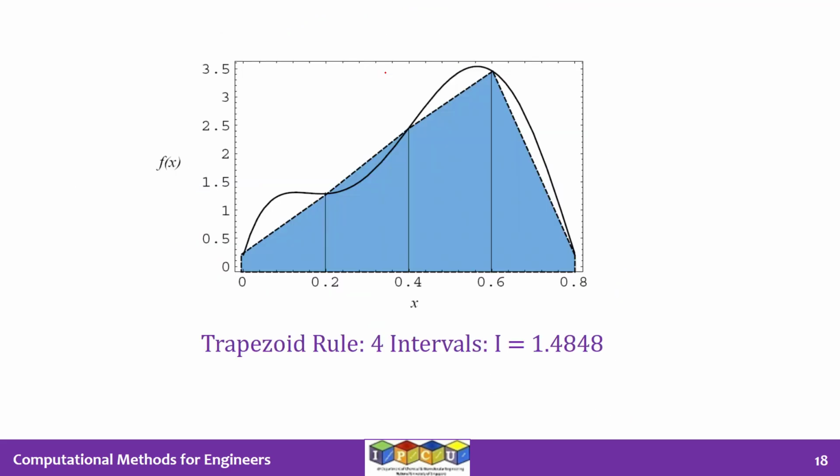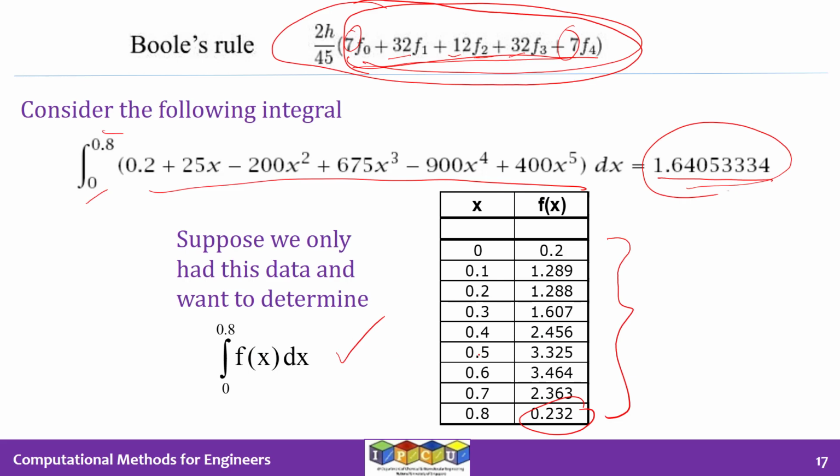Now, if I solve this problem using trapezoid rule with 4 intervals, that means I'm taking, for that particular example, this point, this point, this point, this point, and this point. That means I am using h is equal to 0.2. That means I'm ignoring some of the points that are there. I'm ignoring this particular point, this one, this one, this one. I just take x is equal to 0 and x is equal to 0.8 because those are the limits. And in the middle, I take x is equal to 0.2, 0.4, and 0.6.